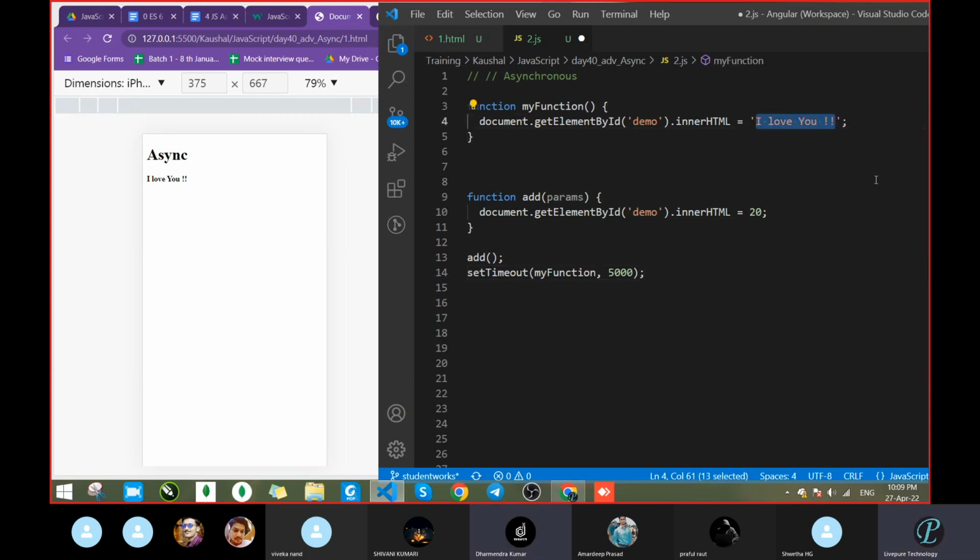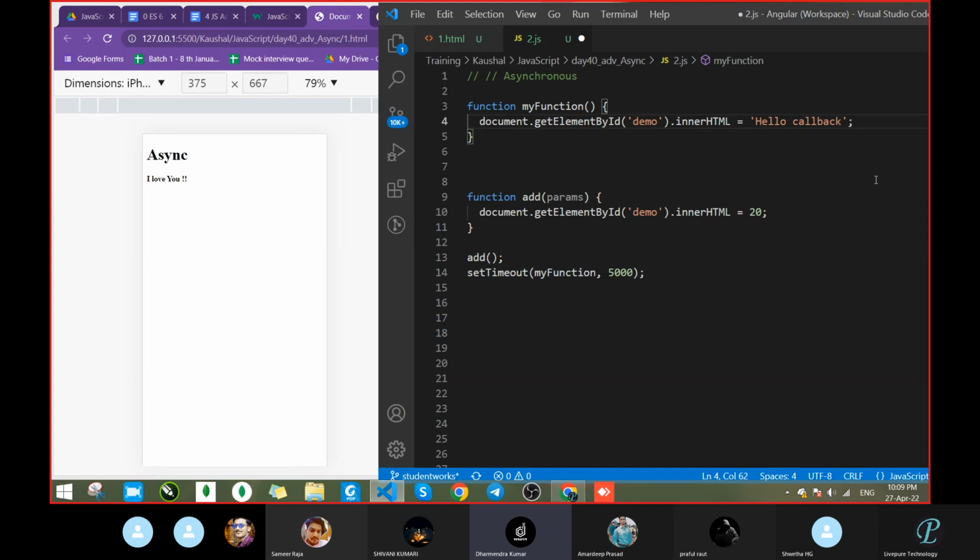Sir, here first of all it prints 20. After 5 seconds, it will print hello callback. So after 5 milliseconds, what will print? Hello callback. And when the 20? 20, sir. When you execute this code, first of all it prints 20.